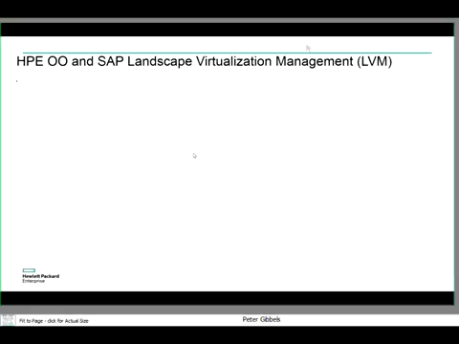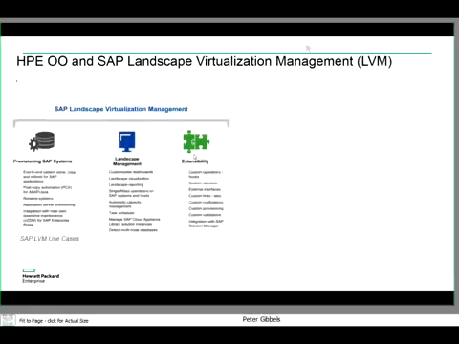So the SAP Landscape Virtualization Manager has certain features coming from SAP directly. As I mentioned, provisioning of SAP systems. A big area there is clone systems, copy, refresh, system copies. There is a post-copy automation, which is another tool set of SAP that is bundled or can be bundled into SAP LVM to do after-copy cleansing of data in the ABAP or Java stack.